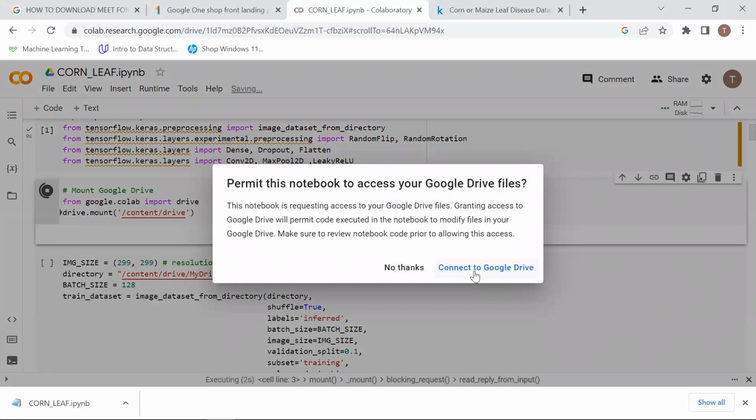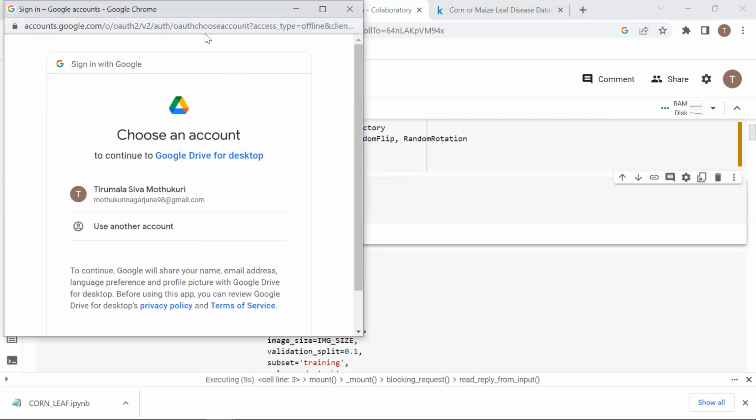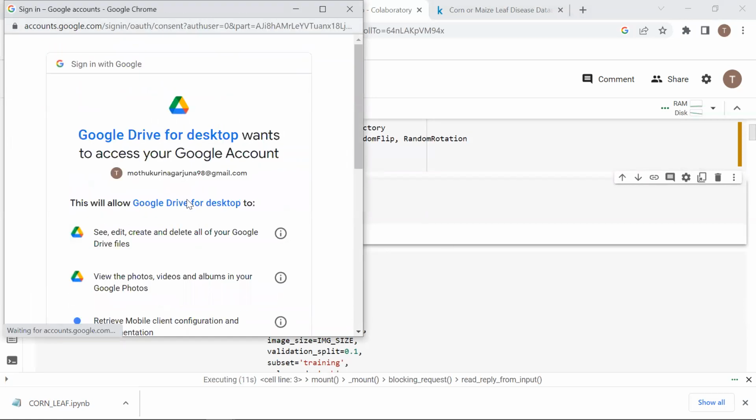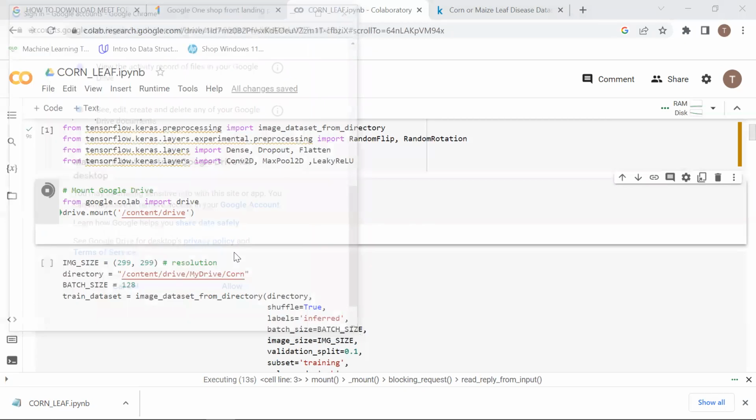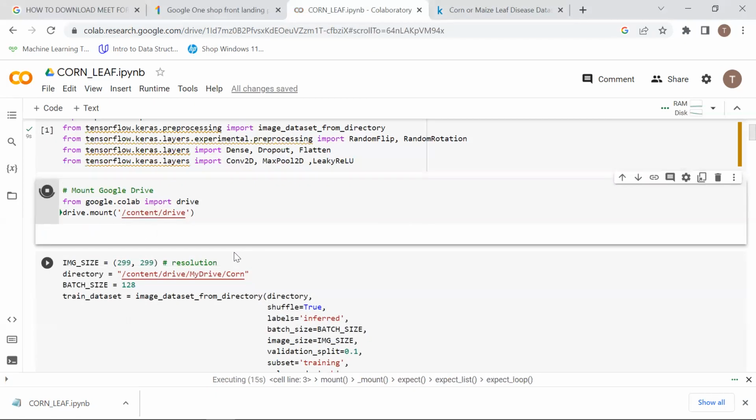see, it will ask you to connect to Google Drive. You will give your permission. Click on allow. It will take around 1 or 2 minutes to make a full copy of the Google Drive over to your Google Colab notebook. Once it is done,